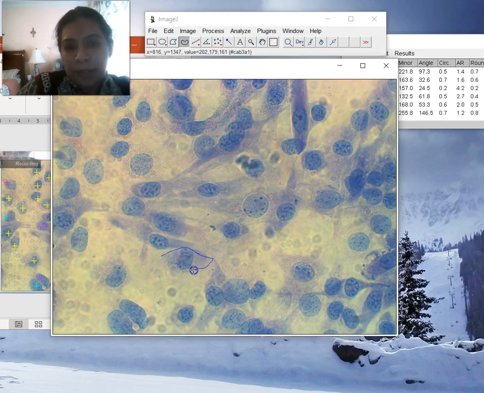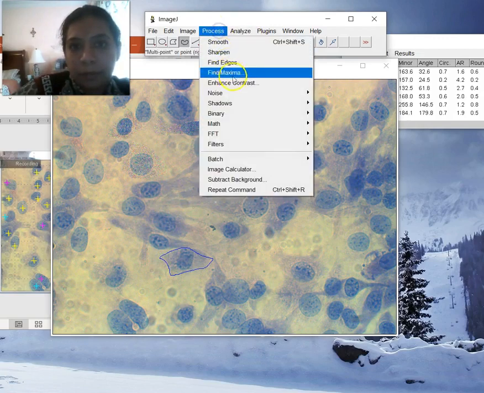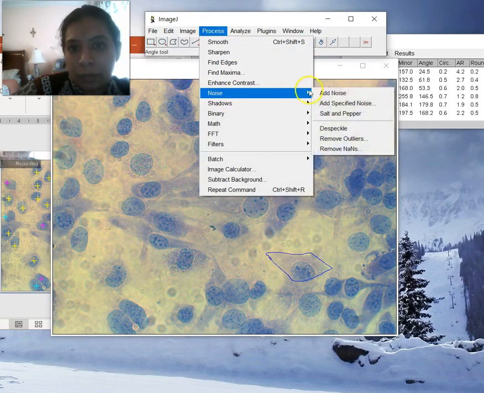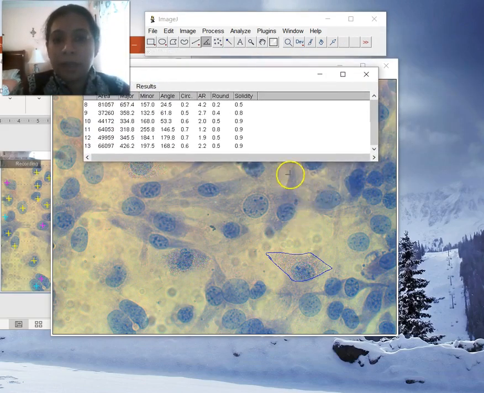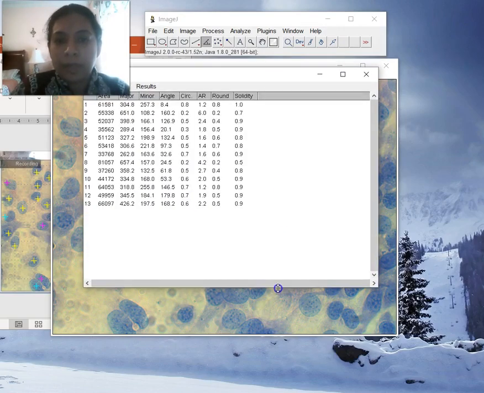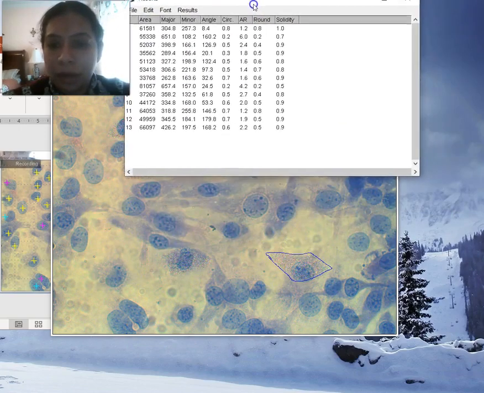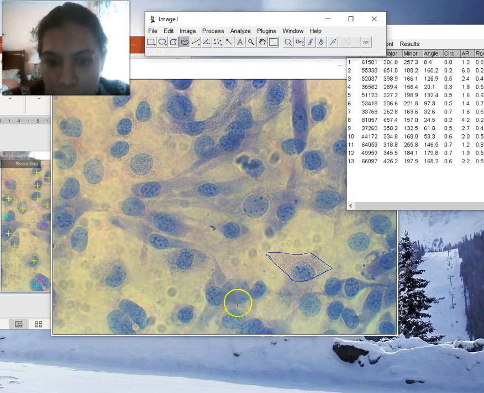Let's look at one of these that we weren't sure about, for example. Okay, so let's stop here. And so let's say, for the sake of the argument, that we have looked at all the cells at this point, and we have the numbers from every single one of the cells in here. We have 13. Let's do a couple more. So I'm just gonna do maybe